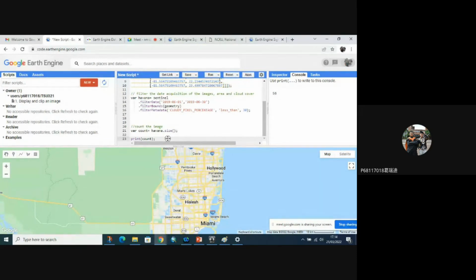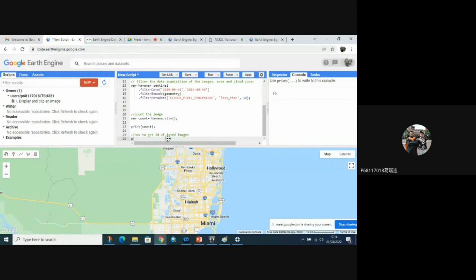So how do we get the list of images? Using print, because we want to show the listed images. Havana dot to list.